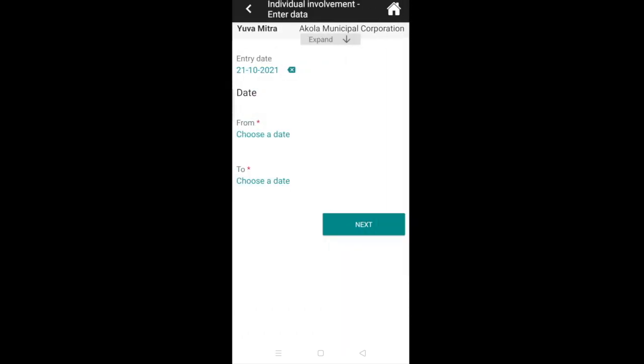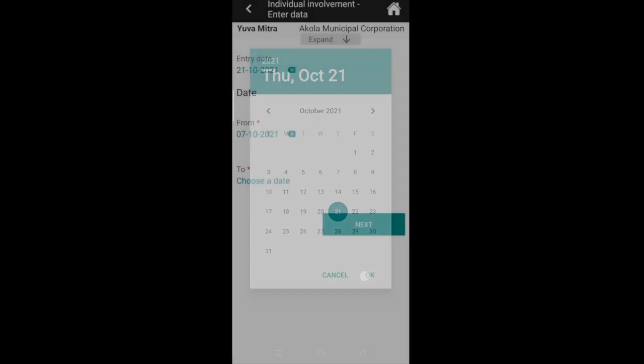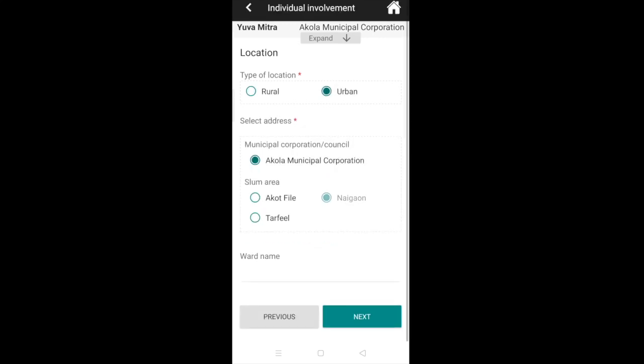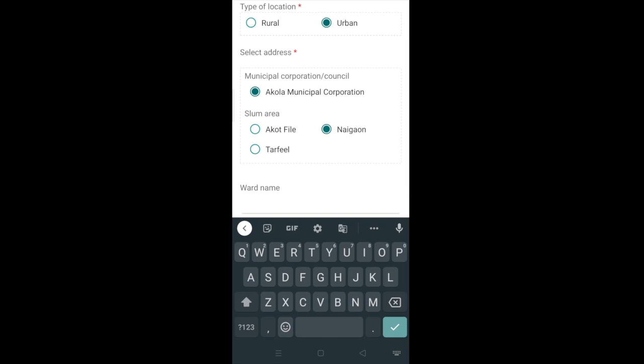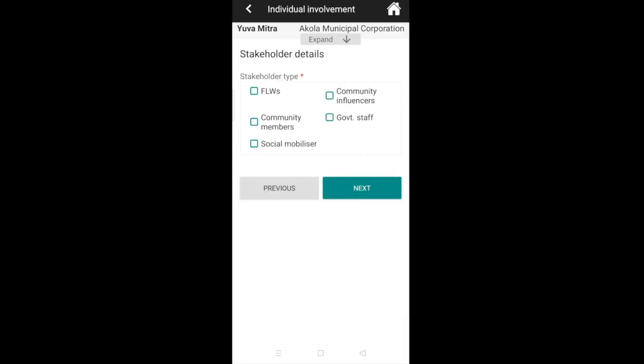So we will click on individual involvement. Stakeholder type, community members, and social mobilizer.